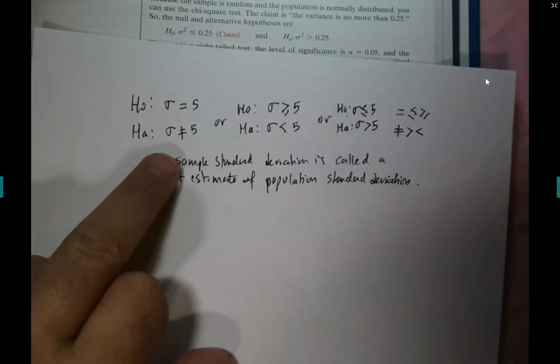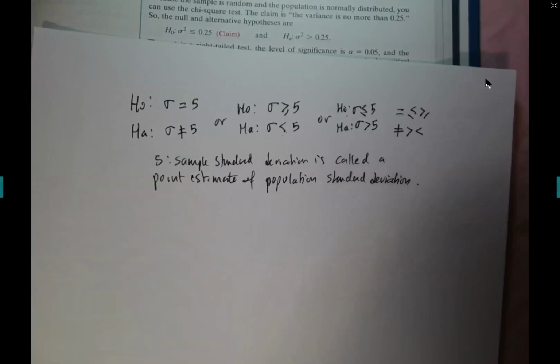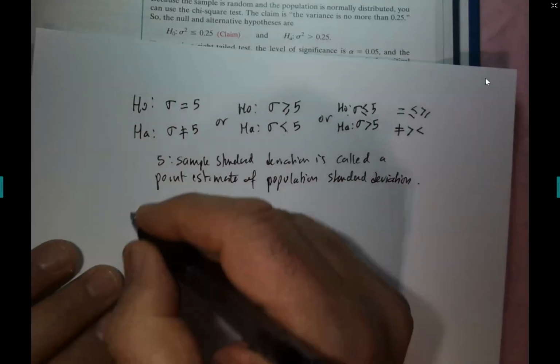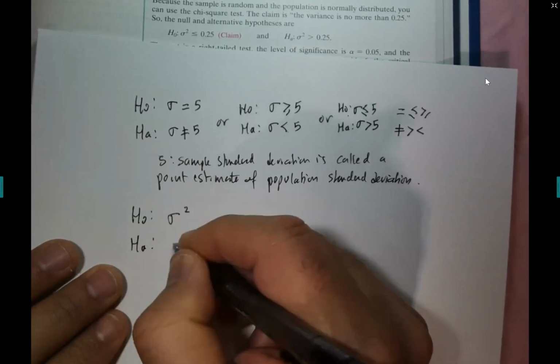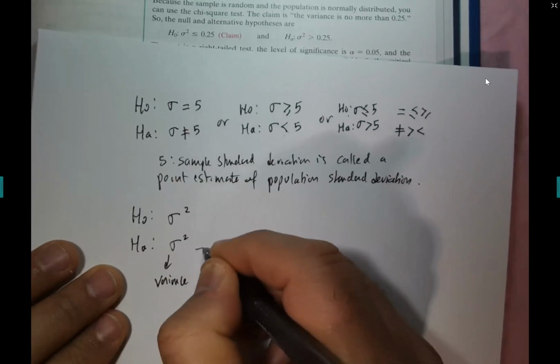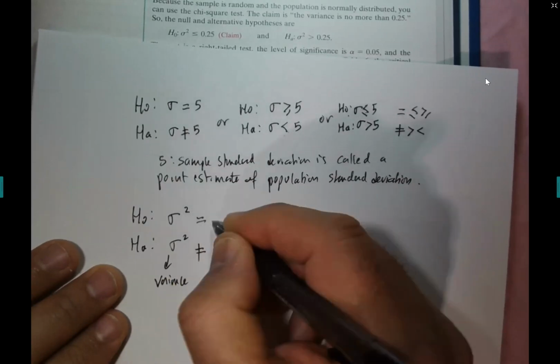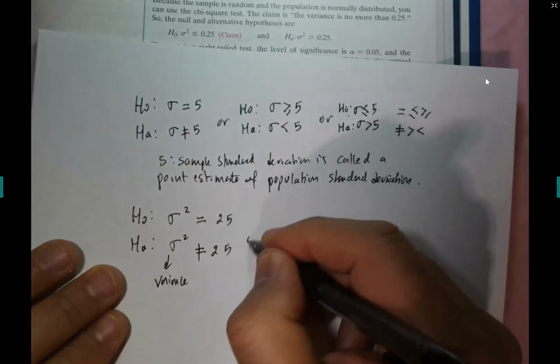But sometimes, guys, instead of asking you to test the standard deviation, he asks you to test the variance. Testing the variance is the same thing as testing the population standard deviation. Variance is the square of the standard deviation. So you could also have the problem stated like this. Instead of sigma, you put sigma square. Sigma square is called variance. Equal and not equal. That's one scenario. Let's say if I square both sides, I get 25. Or the problem can be